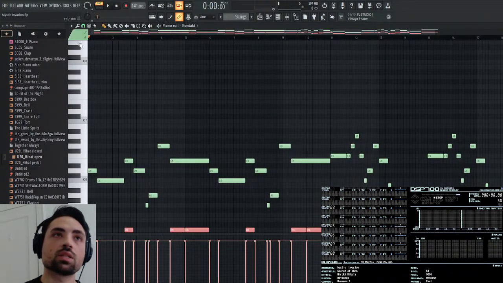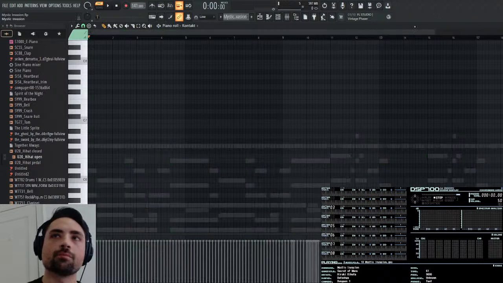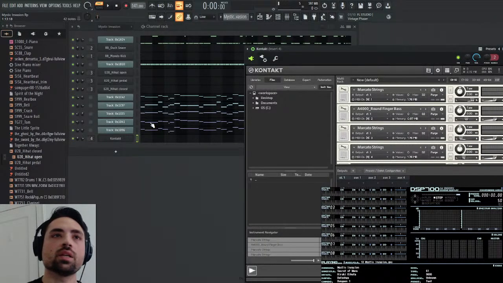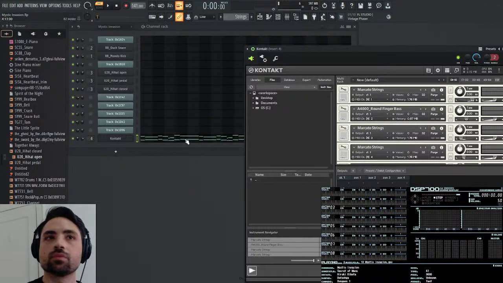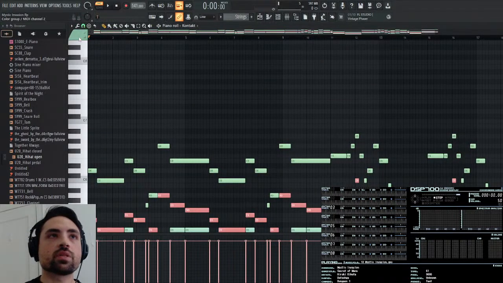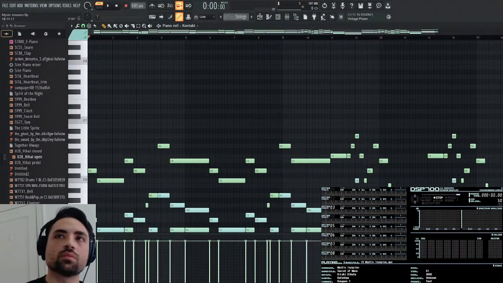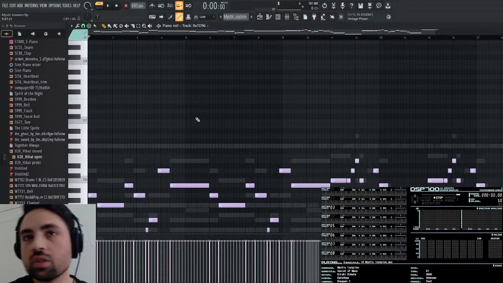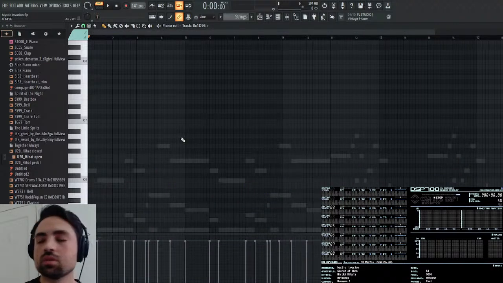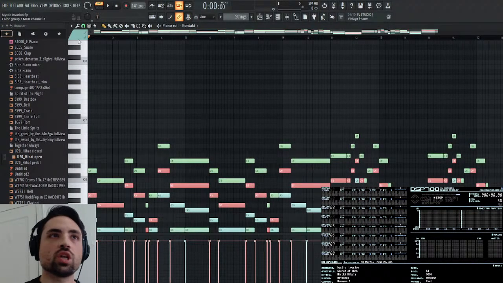So now I just need to grab each of the other layers. Then I'm going to select channel 2 as the color and Alt-C to change it. And then I take the next one, copy, and paste. This time selecting channel 3 and Alt-C to change it. And then finally, last one, Control-C, copy, and paste, select channel 4.